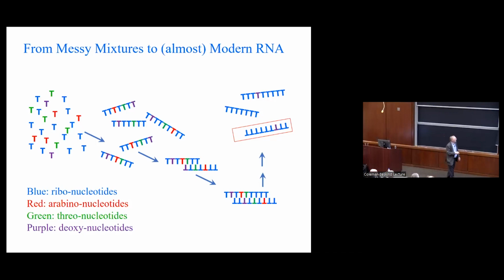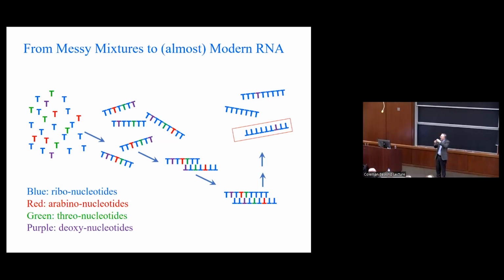So a few cycles of that, you keep iterating that process, and you'll end up making oligonucleotides that look more or less like modern RNA. That's the theory anyway. That's our hypothesis. And so we think that provides a way that you can get to a relatively homogeneous set of starting materials that would allow reasonably accurate replication to go on, and then you make sequences that could fold up into structures that could do useful things like catalyze reactions, so ribozymes.